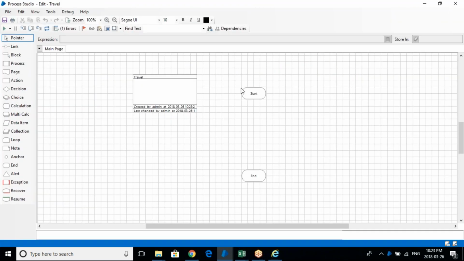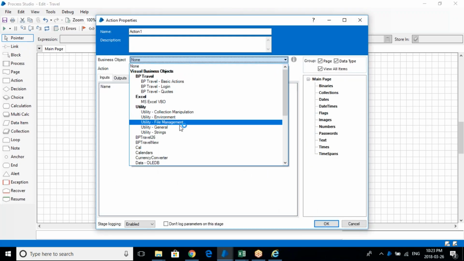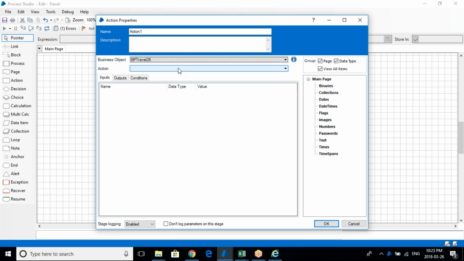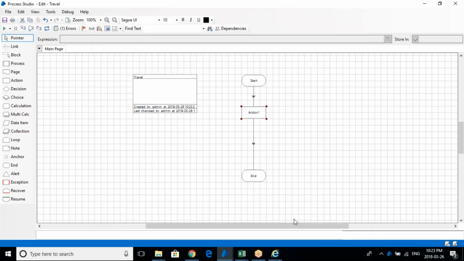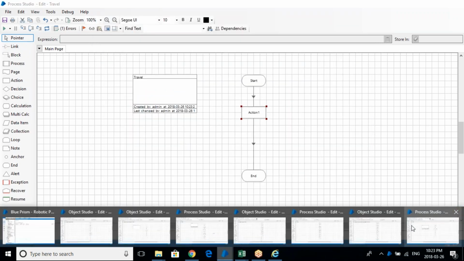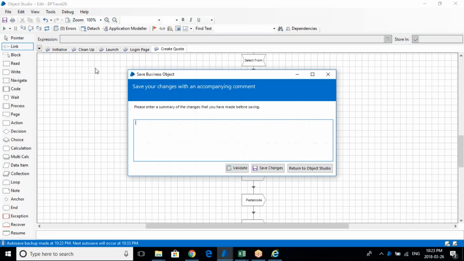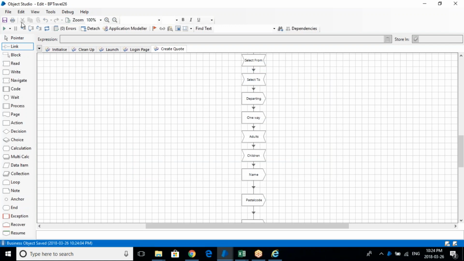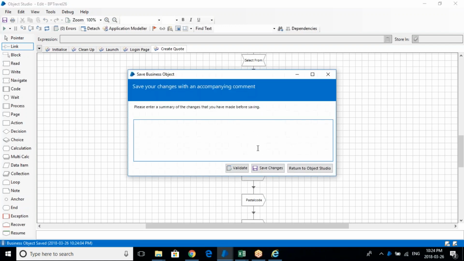Yeah. So now, first thing, you wanted to launch your application, right? So obviously you'll be using your action one here and you launch it. So here, once you go, okay. So the thing is, you should always save whatever I have created here. I might not have saved it, so that's why it's not coming there. So once I saved it,